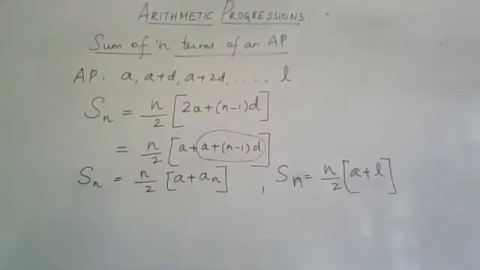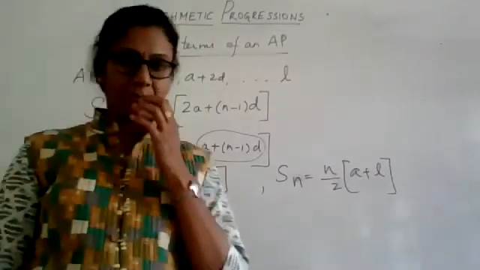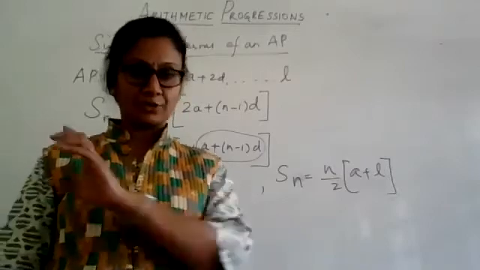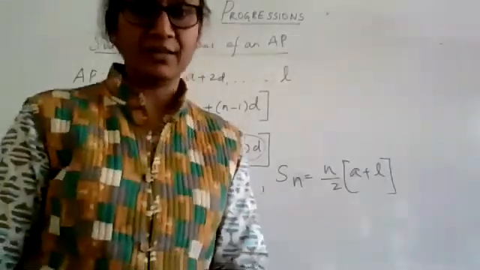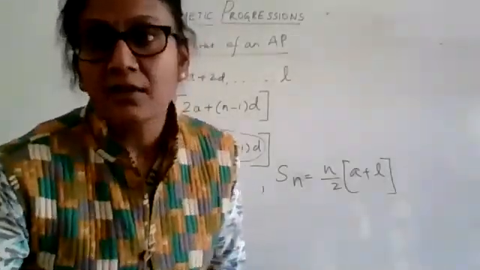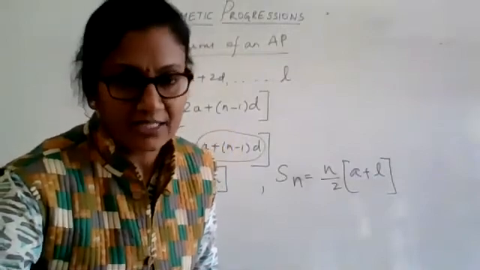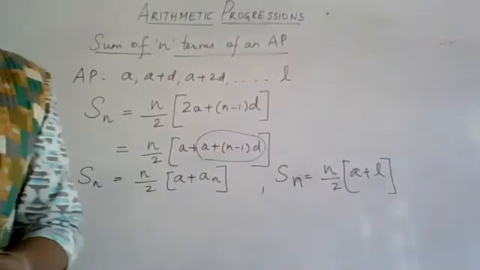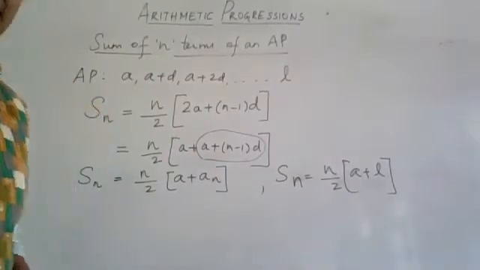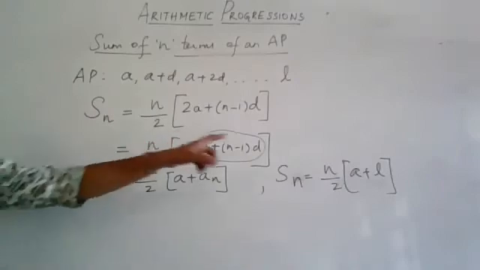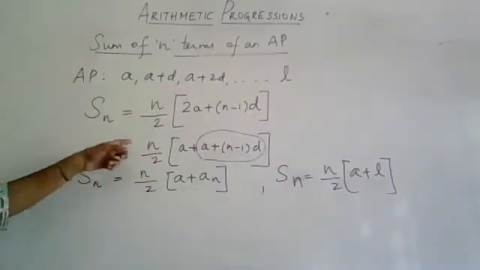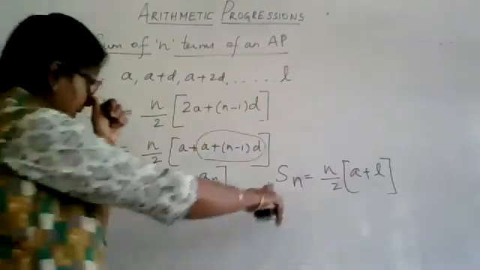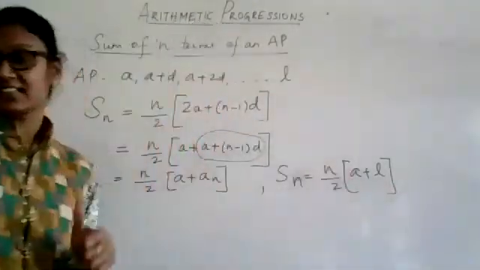So we will start with the problems maybe. Let me see if I get a little extra time later on to discuss the activity. We will rejoin again. We easily have 8 minutes, so we will take up 1 or 2 problems and see how we can apply the formula together. I hope you have written down both forms of the formula. Either it is Sn equals n by 2 times (2a plus (n minus 1) times d), or Sn equals n by 2 times (a plus l).